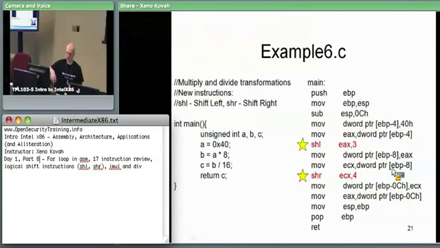And then we shift the opposite way, and then we store that into C, and then we're pretty much done, right? So we shifted ECX, which was B, right by 4, that's 2 to the 4 division. Take ECX, put it into C, and then we're returning C in this one. So read from C, put it into EAX, which is our return register, and then go ahead, tear down the